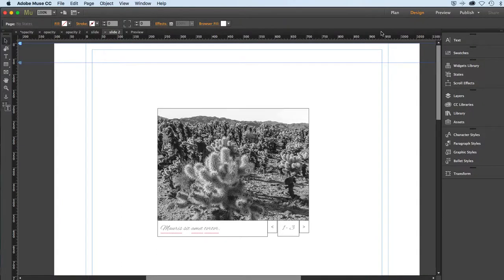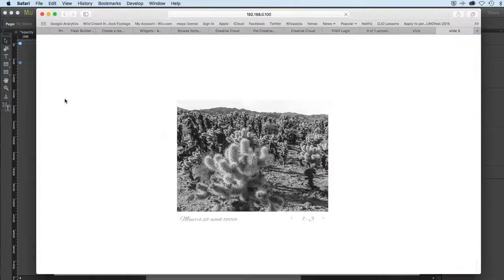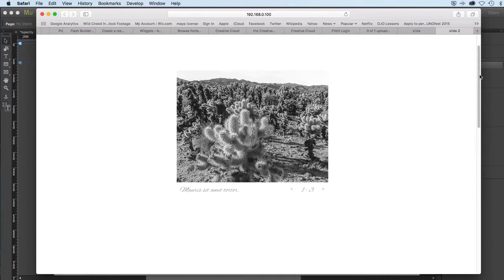In this demo, I'll show you how you can apply Slideshow and use the scroll effect to control it. I've got a simple one created here, and I'll just go to Preview Browser and we'll take a look. Preview page in browser. And basically, what will happen is it'll scroll a little bit with the browser, and then all of a sudden it will lock into place, and the slides will change based on how fast I grab